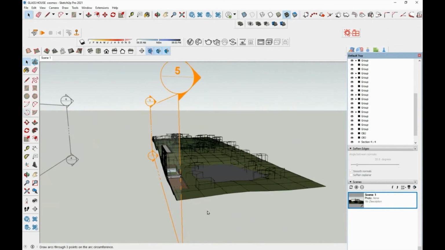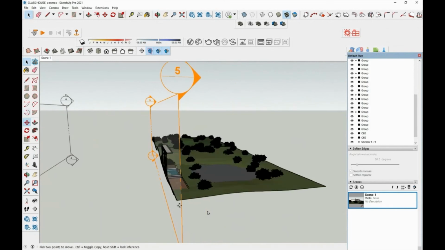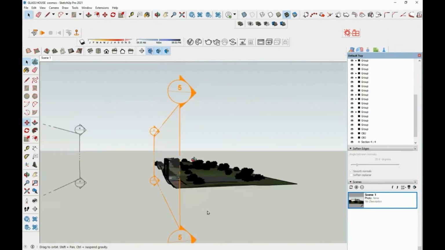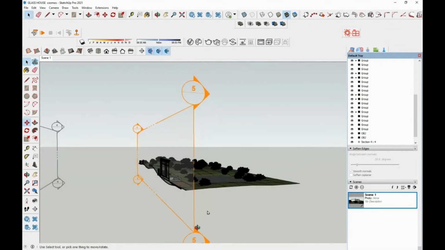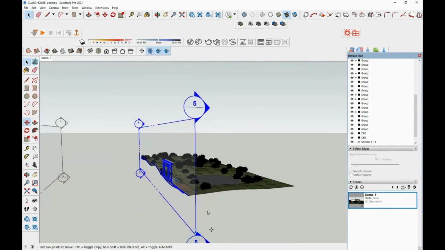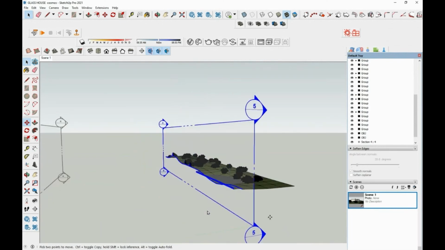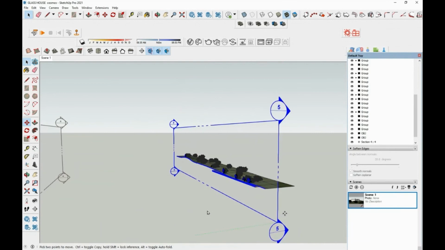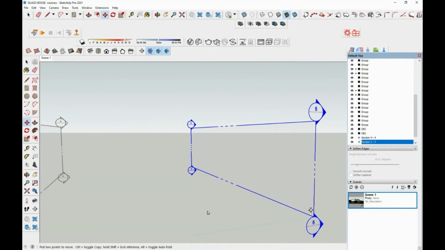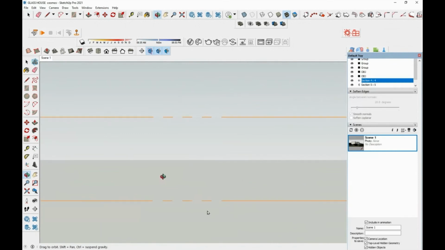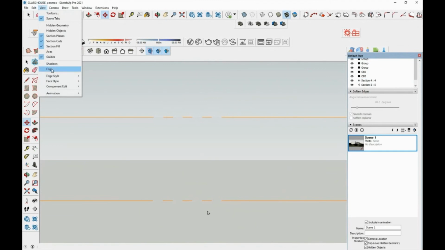And I'm moving the section plane to the end. So it's done. Now position the camera in the exact position as scene 1 and again create another scene.